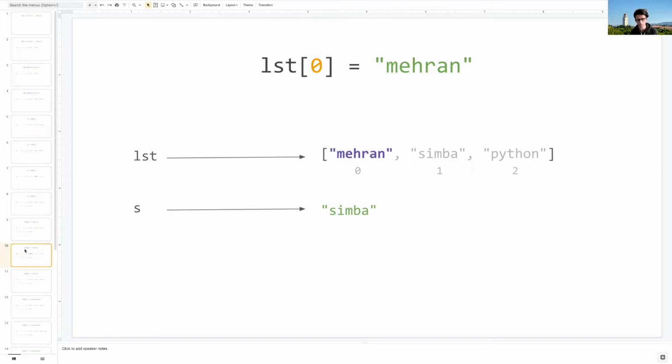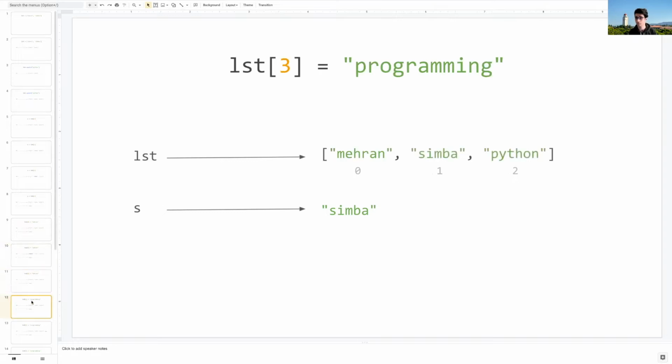Okay, now that that's out of the way, let's talk about something else. Let's, for example, talk about what we do if we try to insert into an index that doesn't exist in the list. So I said I wanted to set the 3rd element in this list to the string programming. But if you take a look at our actual list over here, there isn't an element at index 3. The element at index 2 is the very last one we have.